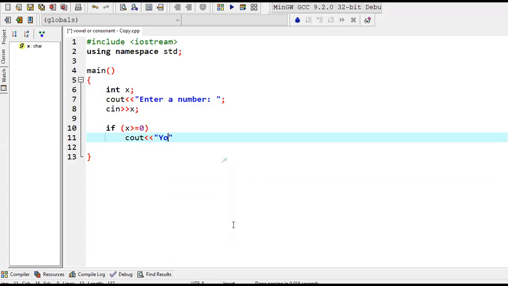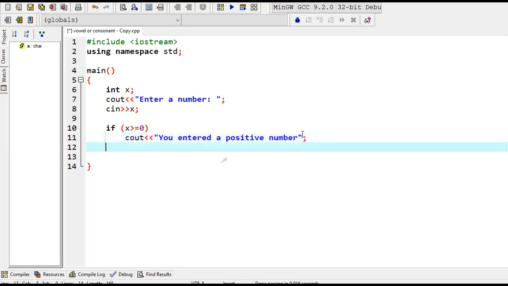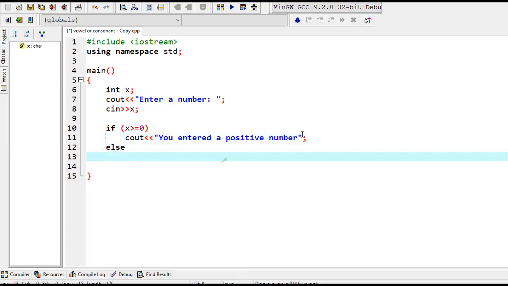you entered a positive number, right? If the x value is greater than or equal to 0, that means that's a positive number. It's pretty simple. And if that's not the case, tell the user you entered a negative number,